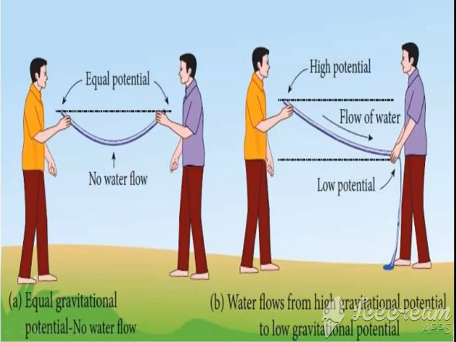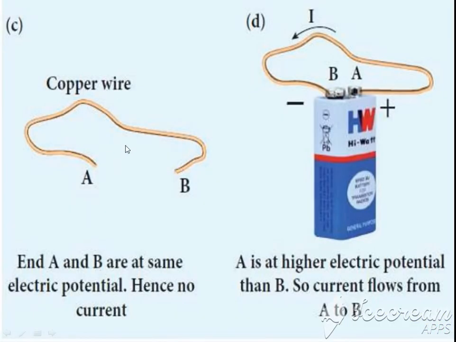Now this diagram shows how electrons are moving from one end to the other end. If both ends of a conductor are at equal potential, suppose water is at equal height, there will be no flow of water. But if there is a difference in the height of the water level, the water would be flowing. The same thing happens with a conductor also. If there is a wire AB, both ends are free, so they are at equal potential, so no current would be flowing. But if I connect these ends to a battery, to the positive terminal and the negative terminal, there would be a potential difference between the two terminals and the current would be flowing in the wire AB.